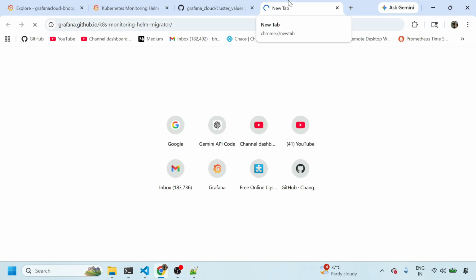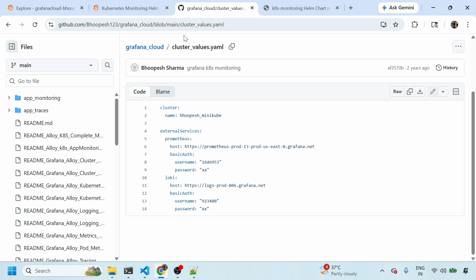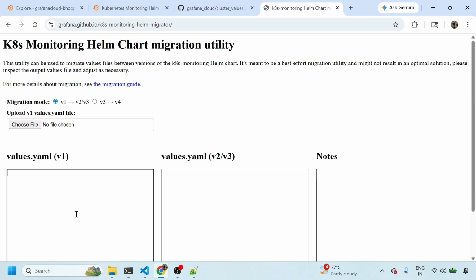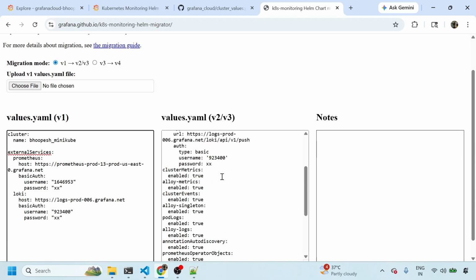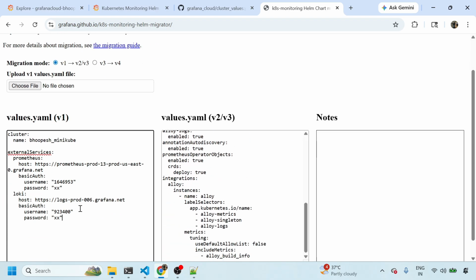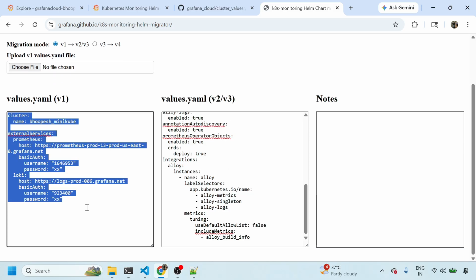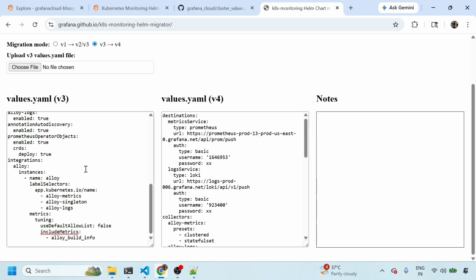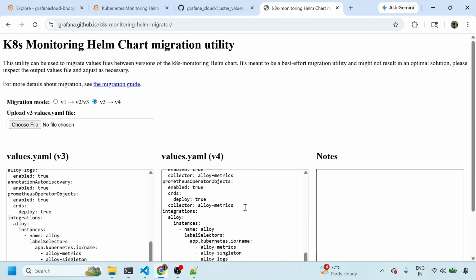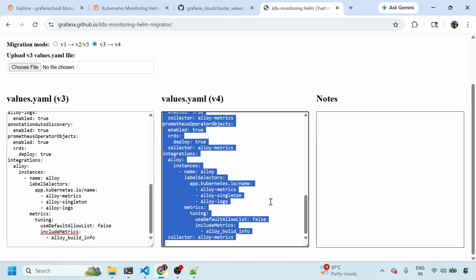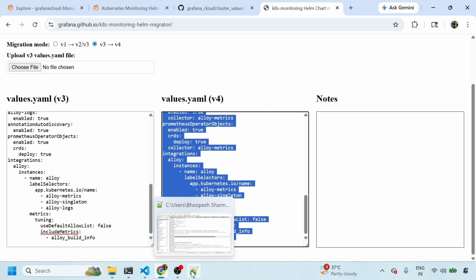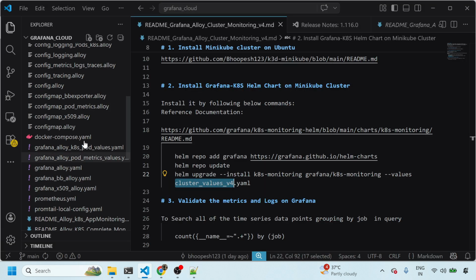This is the migrator they're talking about. Suppose for V1 I had this cluster values.yaml file for version 1. Then I need to come here, paste it, and I will get a V2 to V3 version of this same chart, because I had V1. Now suppose we need to move from V2 to V3 to V4. I will copy what has been generated, paste it here, click this V3 to V4, and then I'll get the values.yaml file for my V4, which is the current Helm chart. Now if I see this, which is nothing but this one,